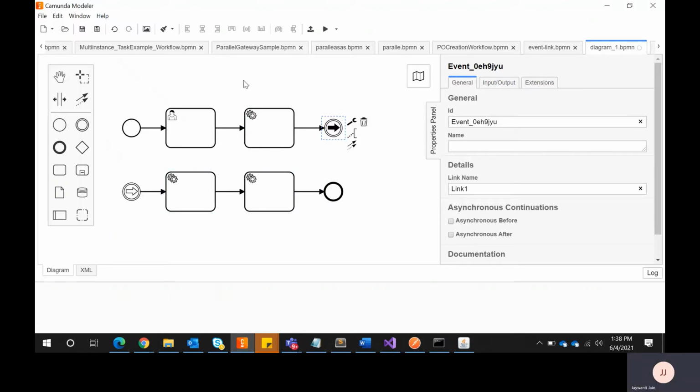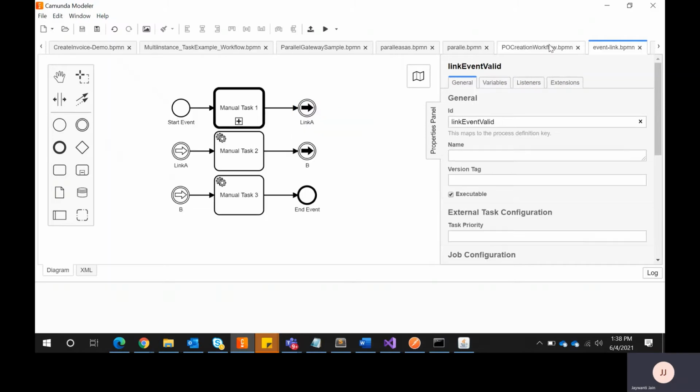In a similar way I have one more example. Assume that this is your start and this is your sub process. Inside the sub process you are calling so many tasks, and this way it looks very simple, and we can easily understand where the process starts, where it ends, and which activities have completed successfully.